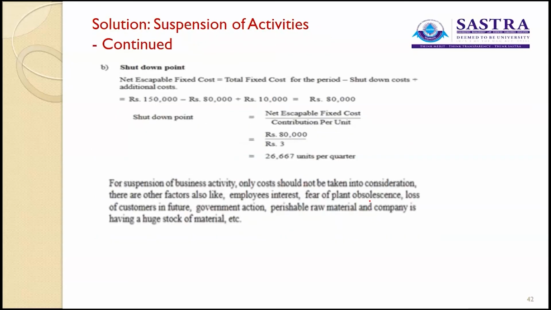Now what is your shutdown point? Net escapable fixed cost is equal to total fixed cost for the period minus your shutdown cost minus your additional cost. So 1,50,000 minus 80,000 minus 10,000 will get 80,000. This is similar to the previous problem we have seen. Shutdown point is 80,000 by 3. So when you reach 26,667 units for 1 quarter, you can suspend your activities,